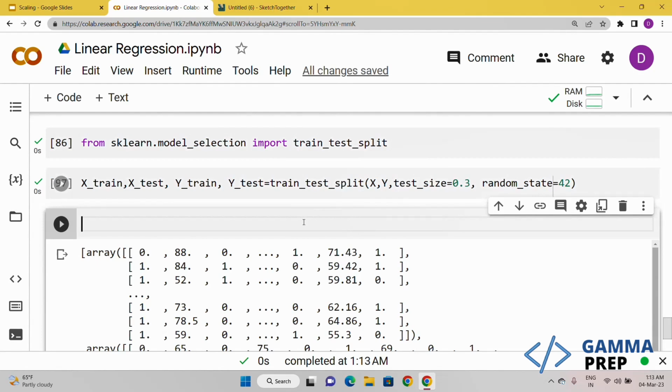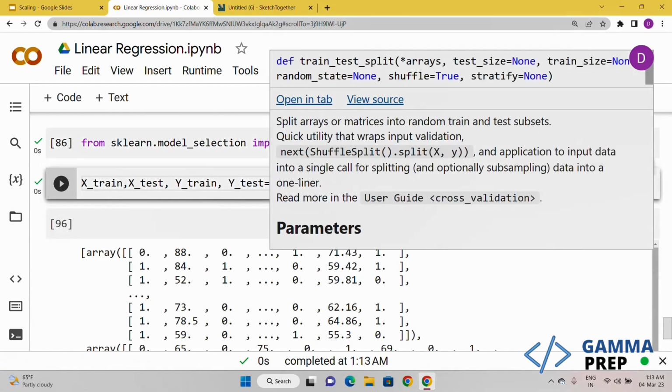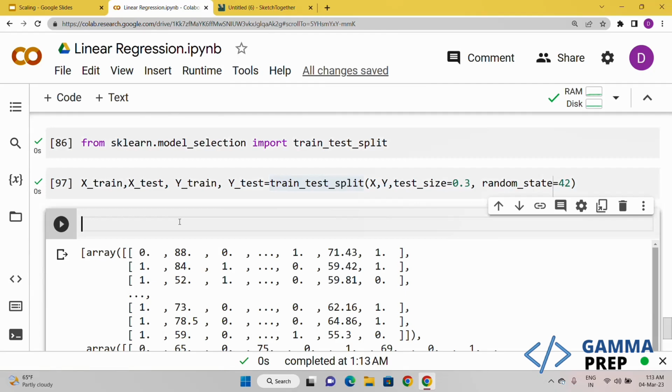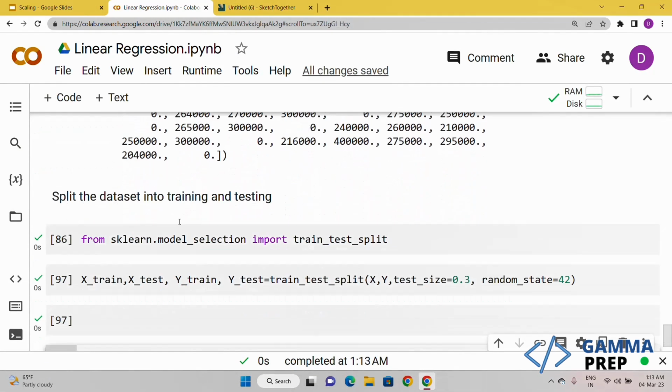Okay. So now we have our X train, X test, Y train, and Y test. No matter how many times we run it, we are going to get the same X train, X test, Y train, and Y test. Okay. Now the next step that we have is, if you see your X train,